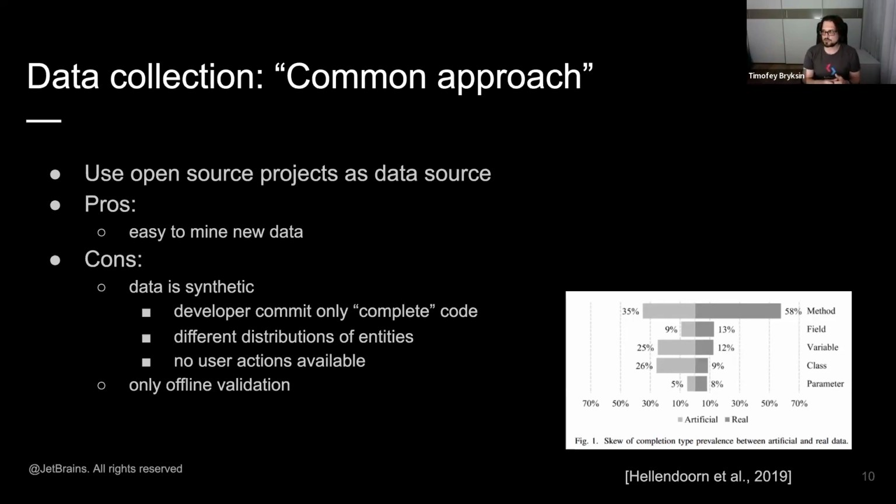So it becomes really hard to understand the distribution of the completion invocation points, because when you write incomplete code, you're still using code completion. But in our data set, we only have one side of the story. And again, the proportion of method calls, variables, and everything else in this data set will be different from the one that appears in the IDEs when users are using it.